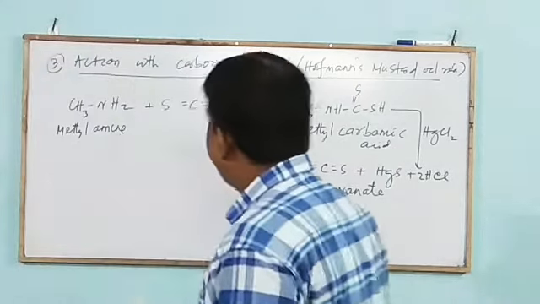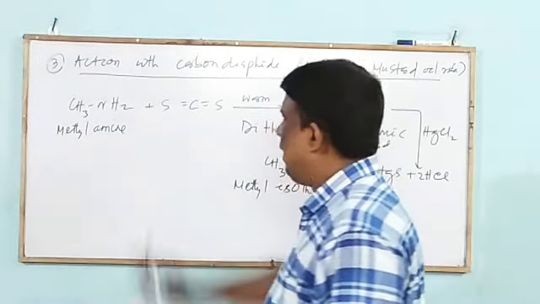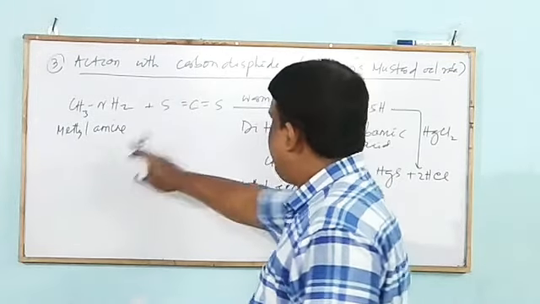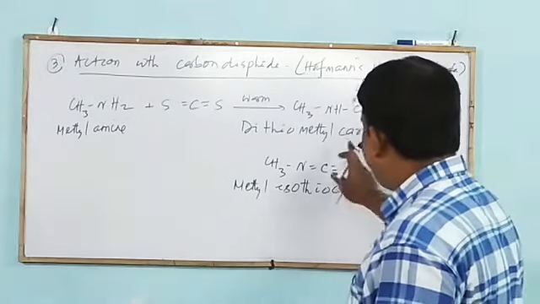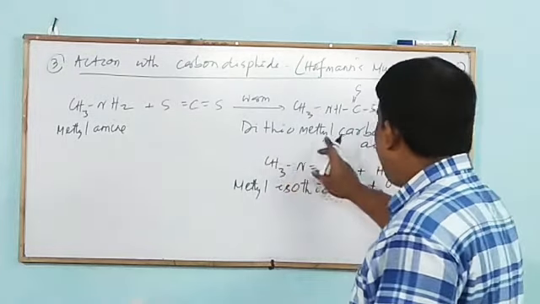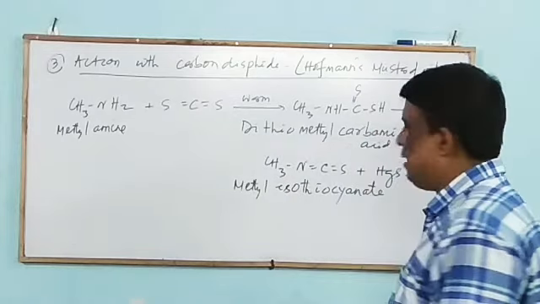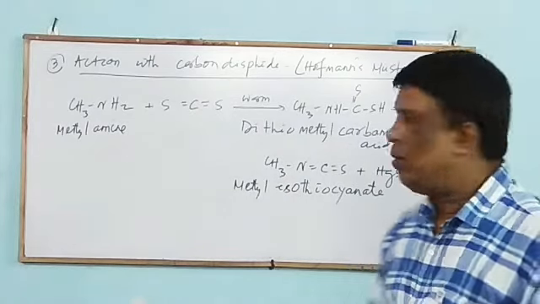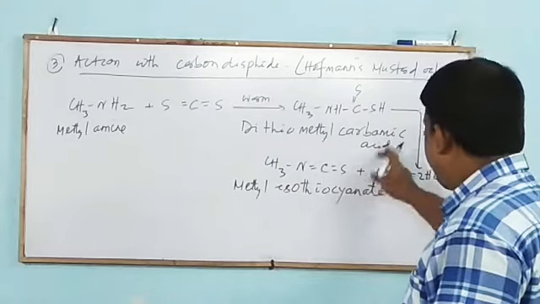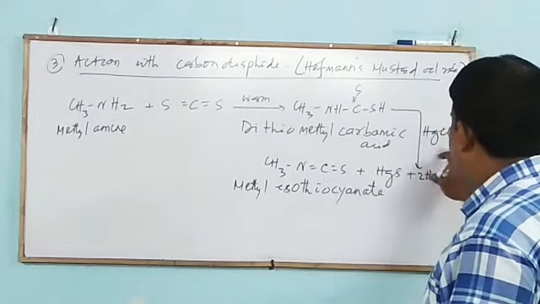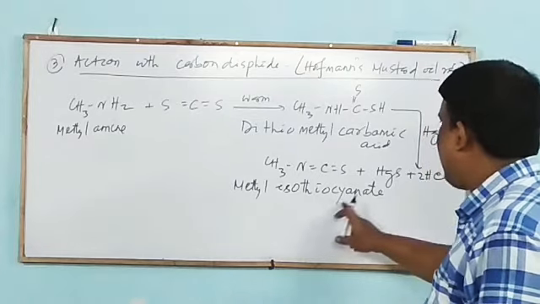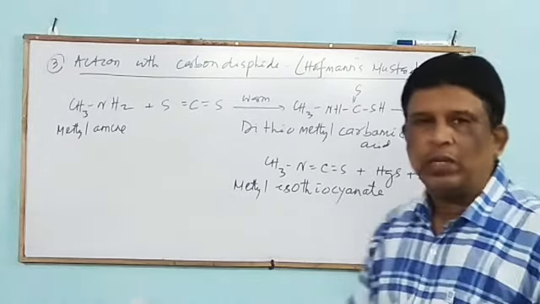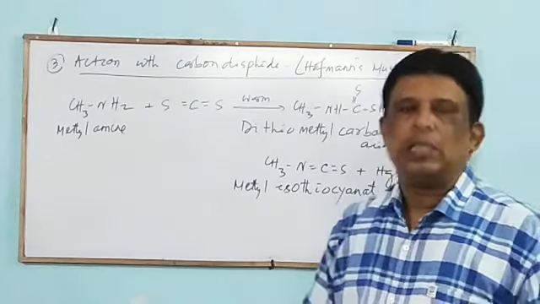When a primary amine, aliphatic or aromatic, is warmed with carbon disulfide, what is formed? Dithioalkyl carbamic acid is formed, which is decomposed by mercuric chloride to form alkyl isothiocyanate, a pungent smelling compound, with a smell